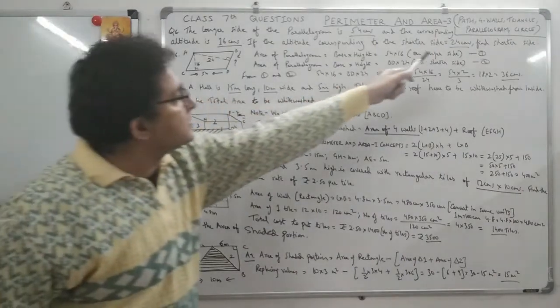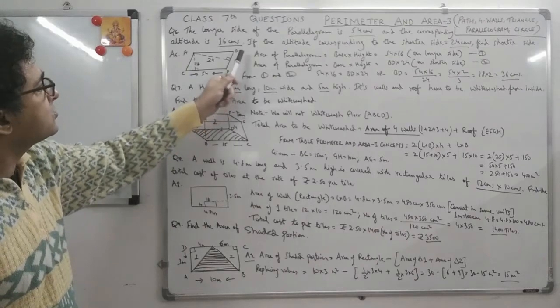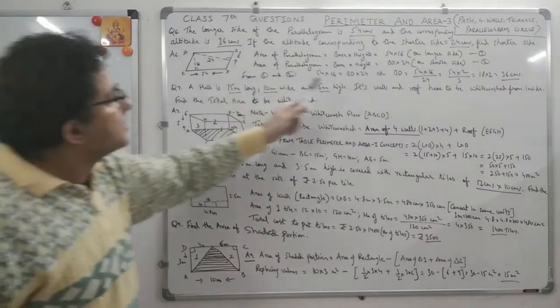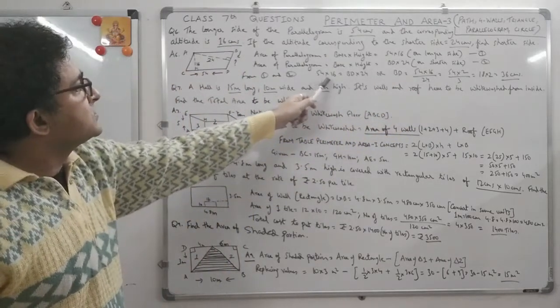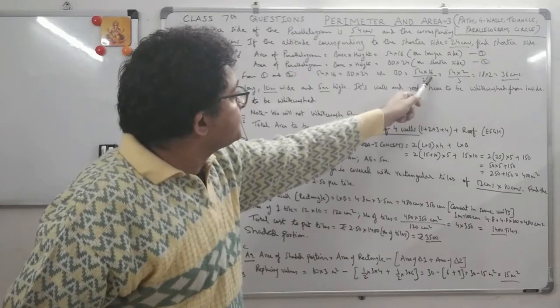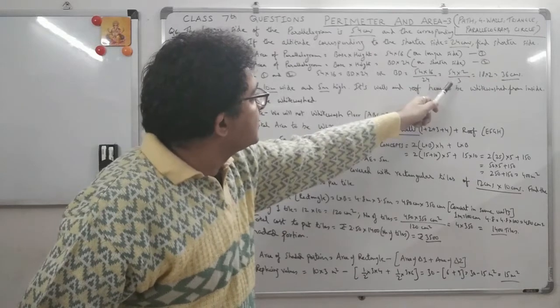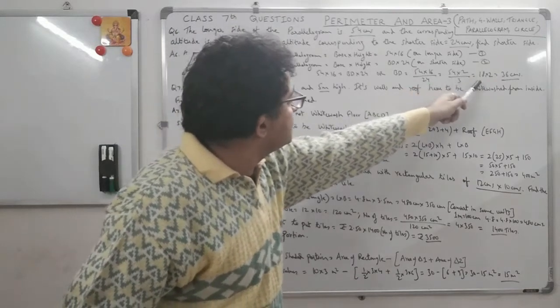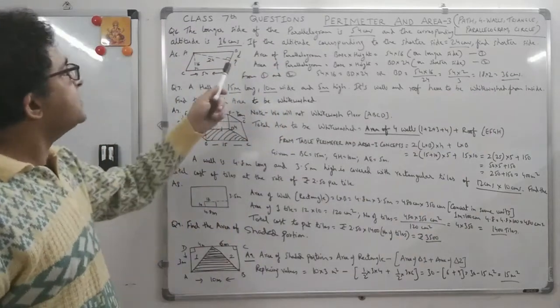We want the base. Find the shorter side. Shorter side is the base. BD is the base, which is also the shorter side of the parallelogram, right? So we get BD as 54 into 16 divided by 24. So this becomes how much? 8 into 16, 8 into 24, and 3 into 18 is 54. So 18 into 2 is 36. So 36 is the shorter side.